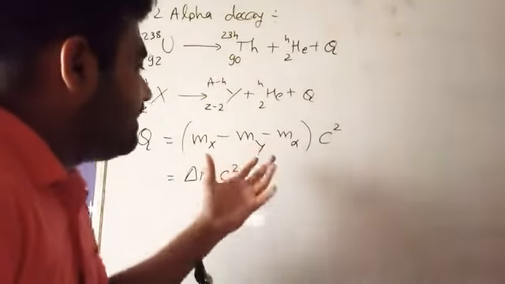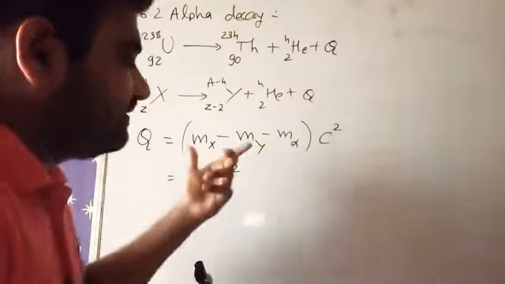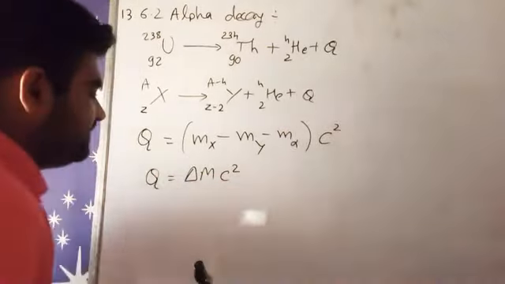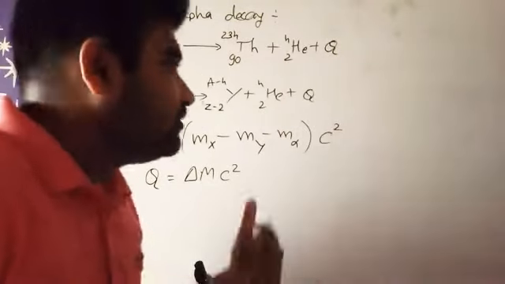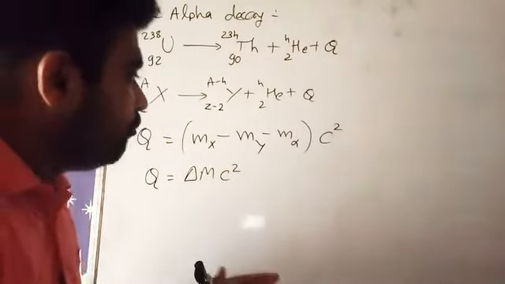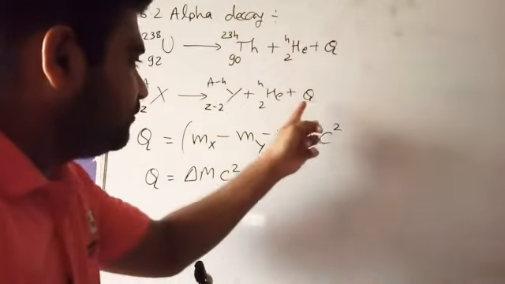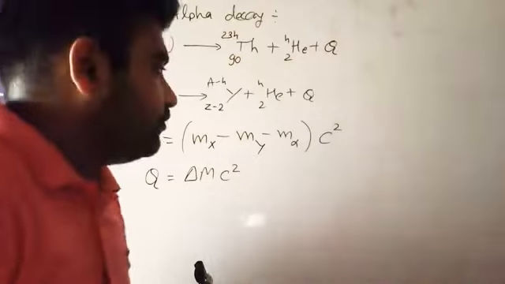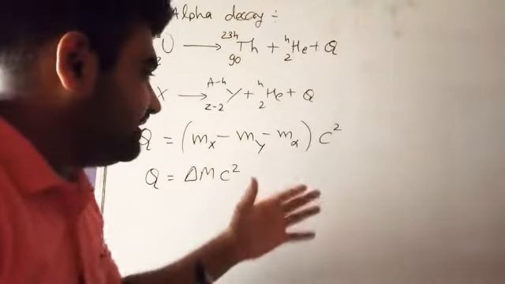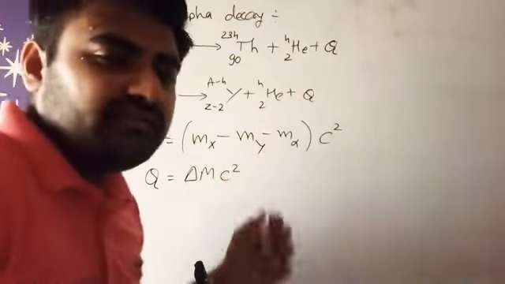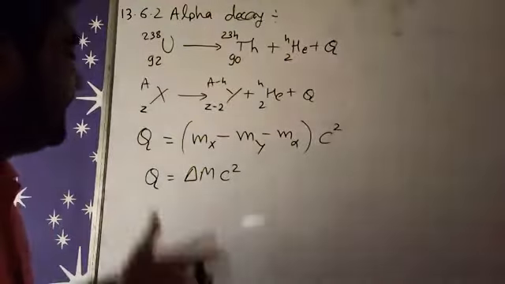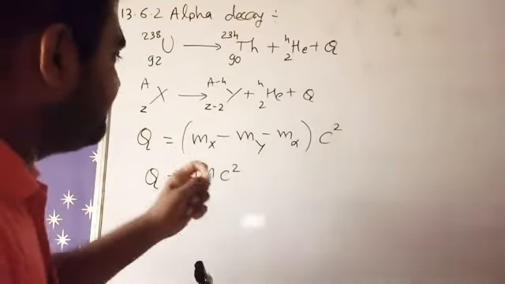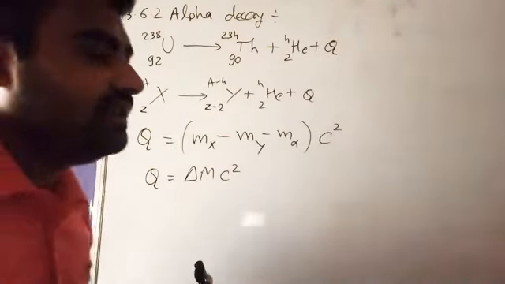So whatever the mass difference we are getting in this equation, that will be converted into its mass energy, which is called Q, and it will be released during this process. So no energy loss during this process. We get energy in this process. So no loss of any mass. That mass energy will be converted into this energy, right? So that is called alpha decay. Always we have to remember that atomic number is less by 2 and atomic mass is less by 4.